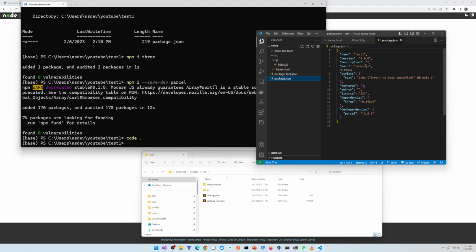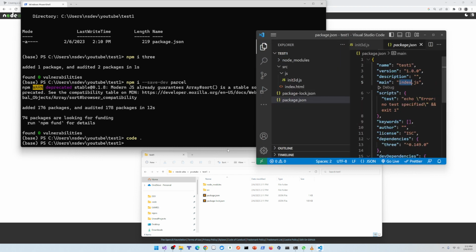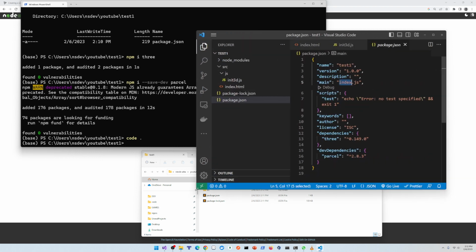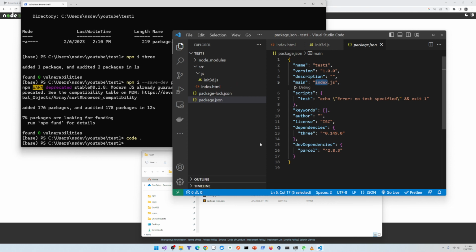Now package.json has test1, main is index.js, which we don't have, parcel, and so on. So we don't actually need to use index.js. We won't be constructing a server right now. We just need to serve the file. So what we will do is